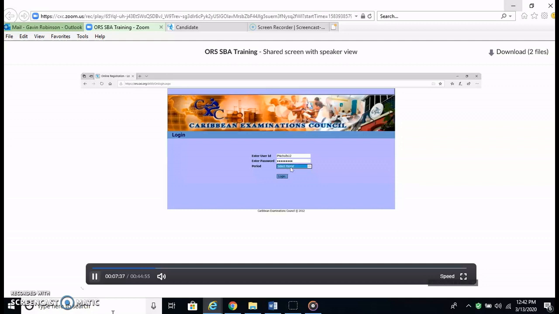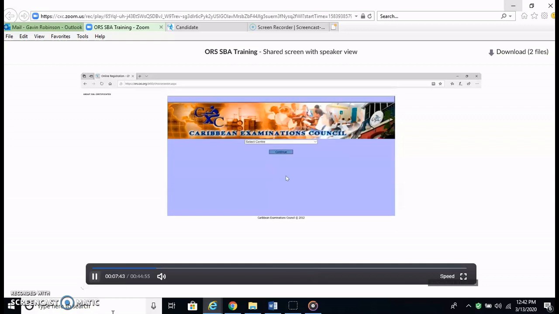I'll log into CAPE. 2019 CAPE. I'll log in. Okay, so I'm using Center 03008. I'll use, actually, Jamaica Center, so I use 1076, so that you can see why I chose this center and this subject